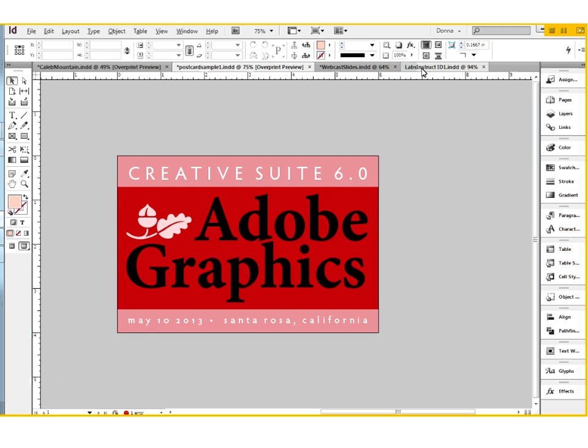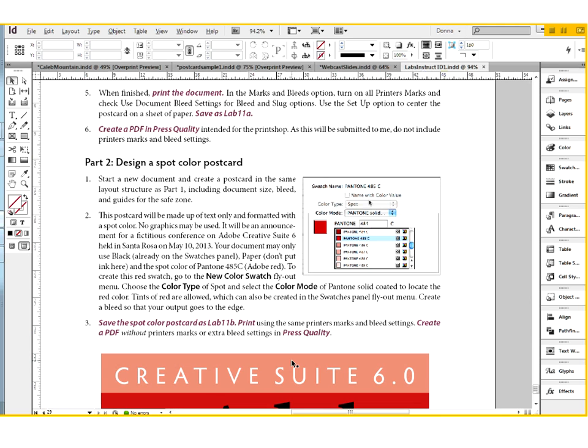So in the instructions for the spot color, again, you're going to start a new document just like you did with the CMYK. It's going to be a 4x6. You're going to have a bleed. But in this one, you're going to use this same text. You're going to create an announcement for a fictitious conference on the Adobe Creative Suite 6 held in Santa Rosa on May 10, 2013. Your document can only use black, which is already in the swatches panel, paper, which is